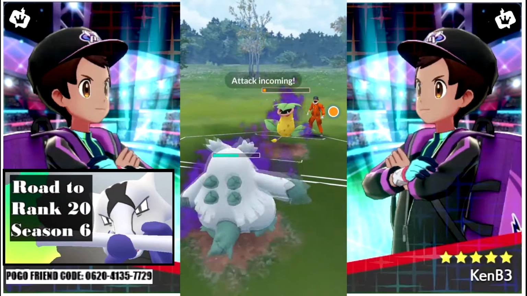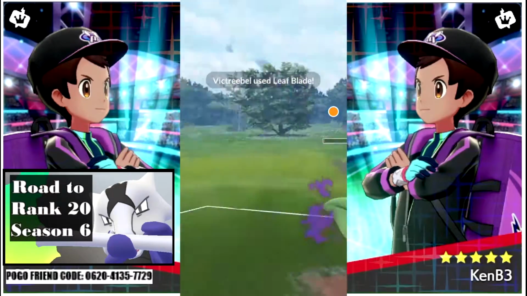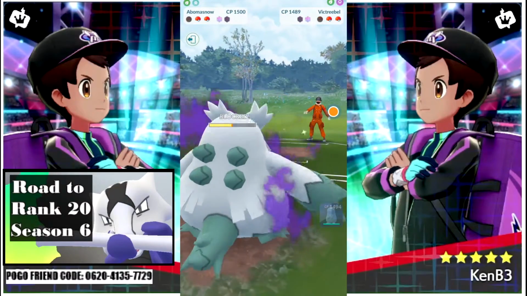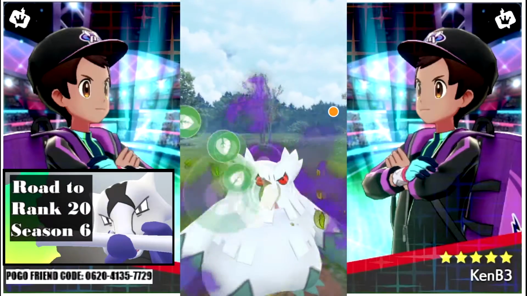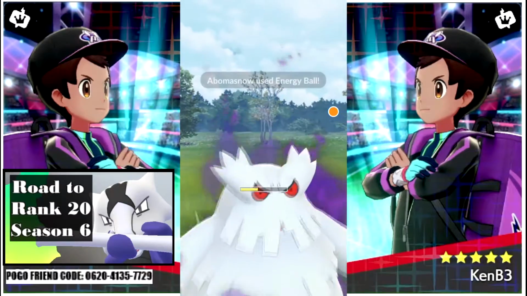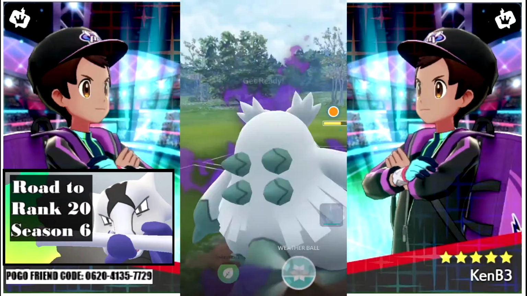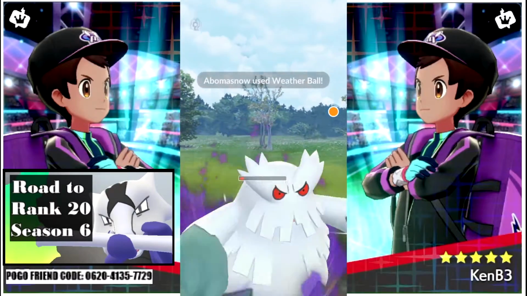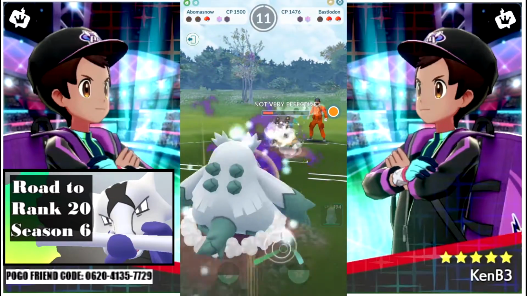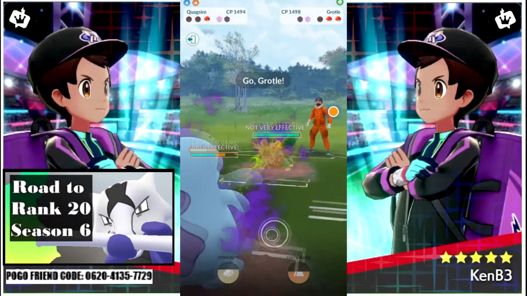Abomasnow. We try to farm this thing down and then have enough energy for the switch in. It goes for a Leaf Blade. Leaf Blade goes off, and then of course he's going to bring in Bastiodon. What else would he do? In comes Bastiodon. Abomasnow uses Energy Ball on it, and then we follow that up with Weather Ball Ice, because I had a feeling that I was going to go down here before I could get to an Energy Ball. So there we go. And then down goes Abomasnow, and now it's Bastiodon versus Quagsire, and of course it's a